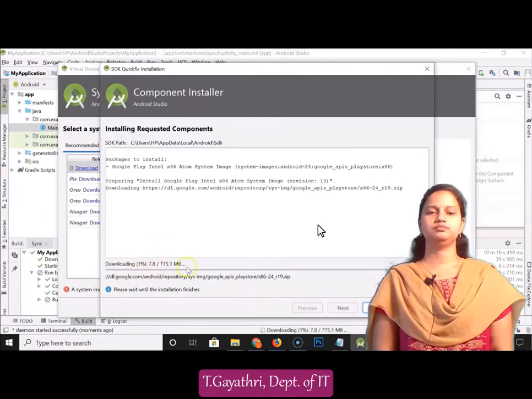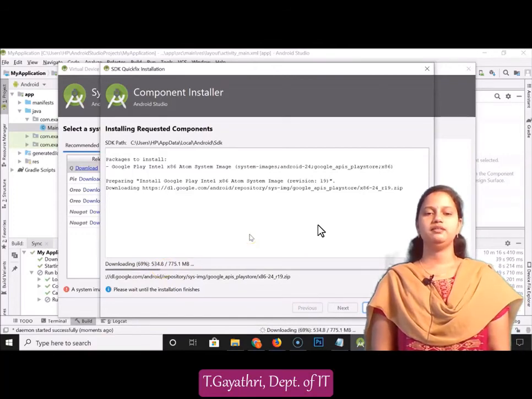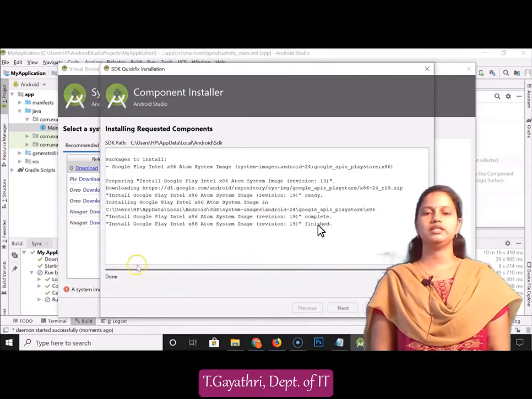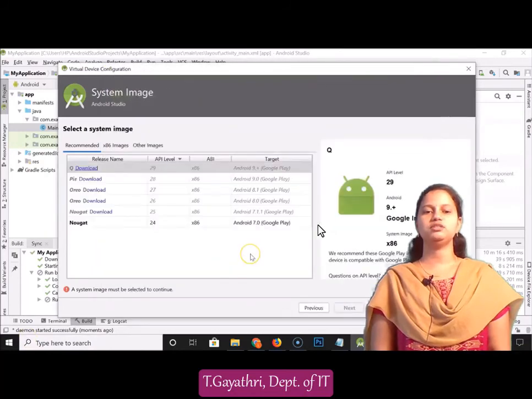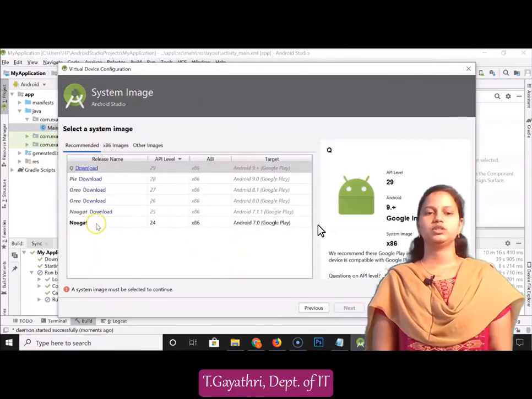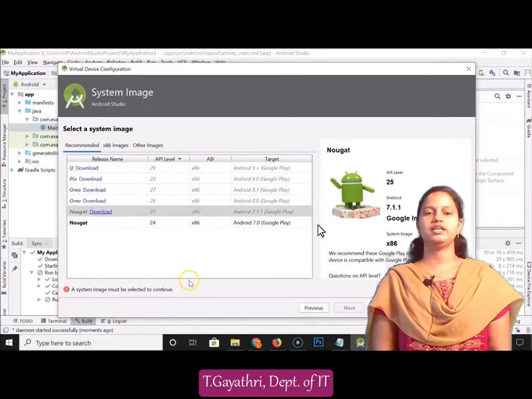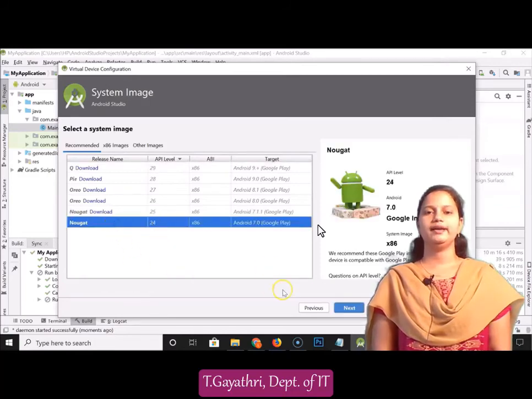And downloading. So just wait until the downloading is completed. So please wait until the installation finishes. So done, you are getting a message, then you have to go with the finish option. So this is the Nougat version, you have to select Nougat and click on next.